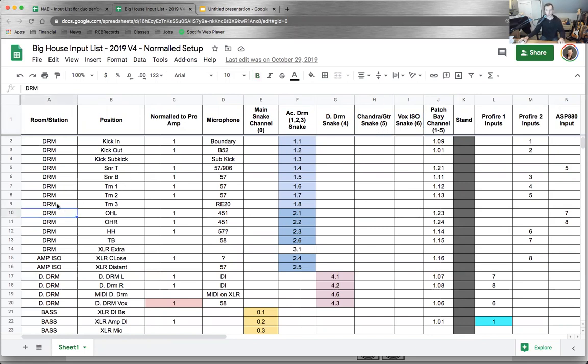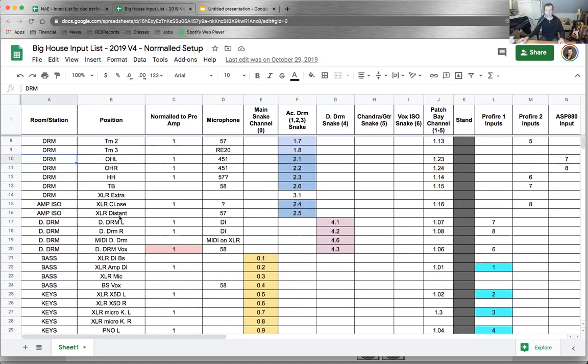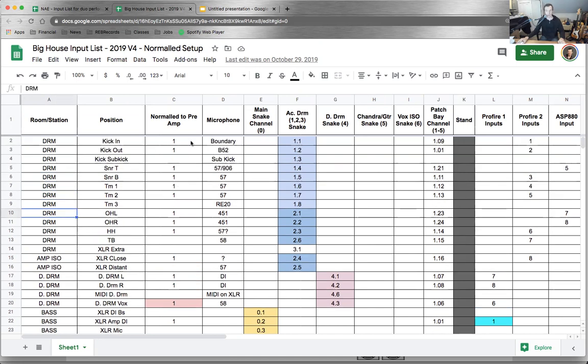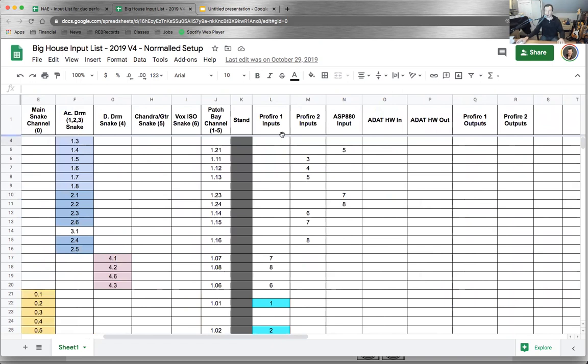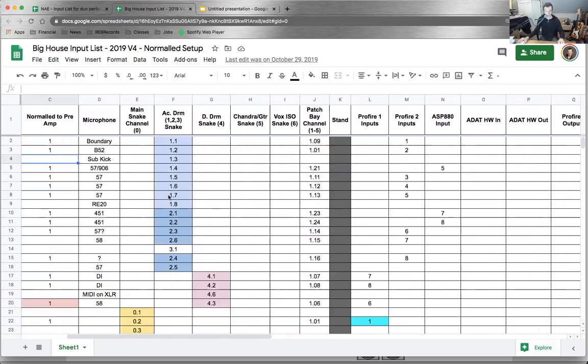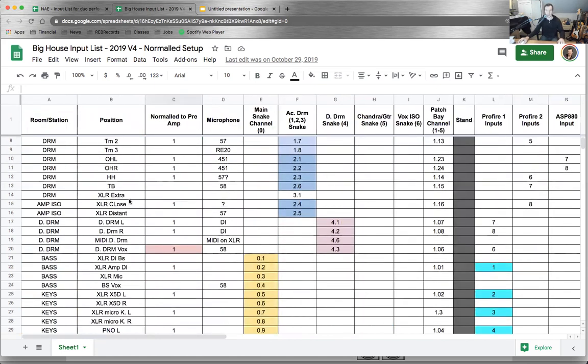And here is all of the different potential inputs, right? Some are normaled, which means directly connected to a preamp, and some are not, like this sub kick. So I would have to physically patch that in. All of the snakes come into a patch bay, the microphones go into the snakes, and then I can patch them wherever I want to get into my DAW. And going through, here are those physical inputs on the different audio interfaces that are in there. All of these inputs are available,